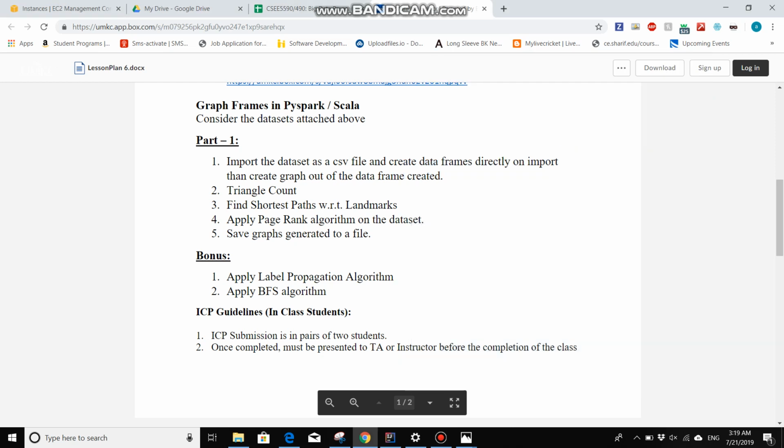I am Anusha Shastri. My class ID is 10. ICP6 is all about GraphFrames. Just like ICP5, there are a few other functions which we perform extra, which are the main major